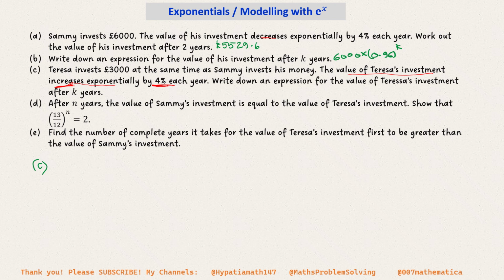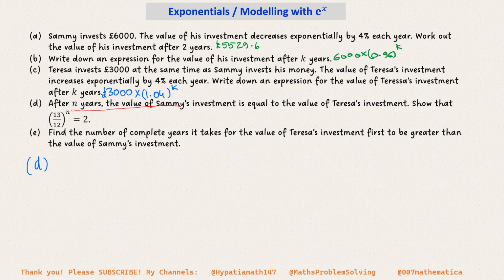And now we need to write down the value of Teresa's investment after k years. So that would be 3,000 times 1.04, because it is increasing by 4%. So 104 divided by 100, that's 1.04 to the power k. So that's the answer. And then what they're saying is,